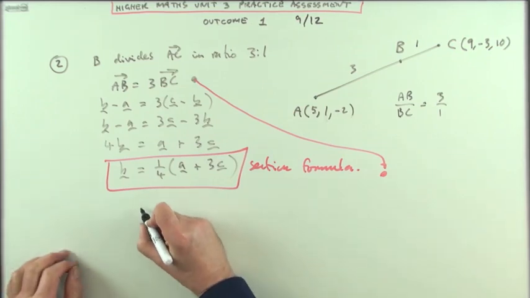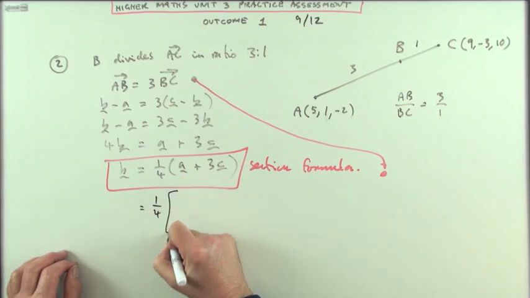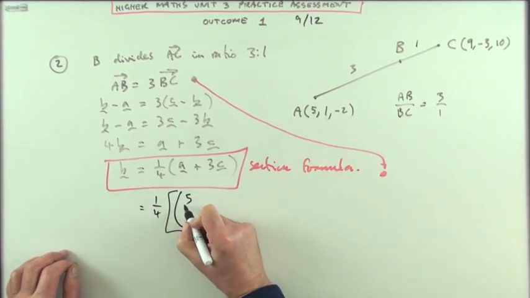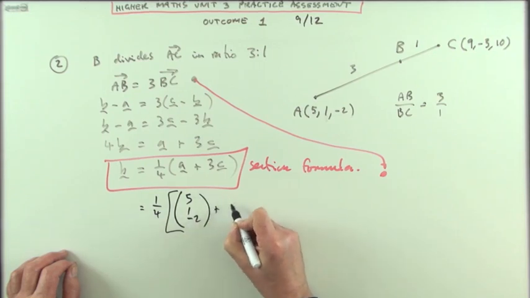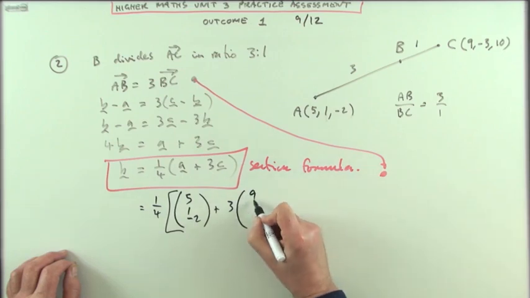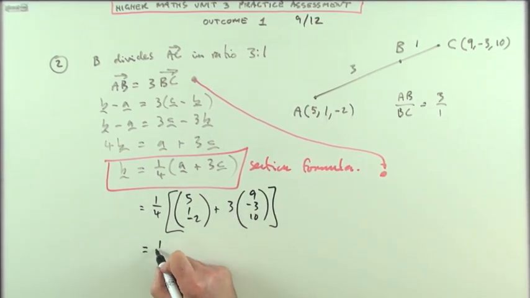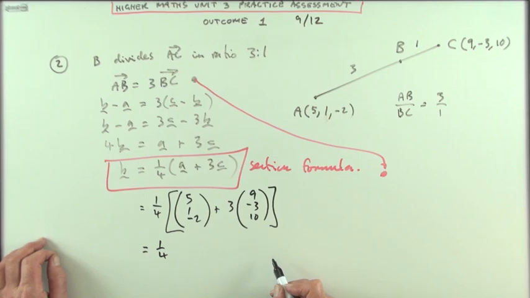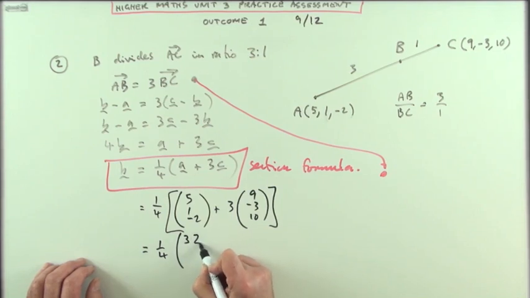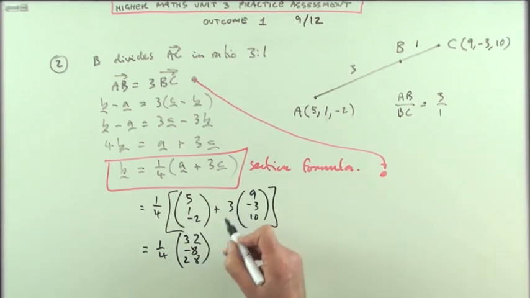Then continuing, simply putting in the numbers. So you've got 1 quarter of, well, A was 5, 1, negative 2. C is 9, negative 3, 10. No marks yet. Carrying out this calculation seems to be where the second mark is. 1 quarter of 32, negative 9, negative 8, 30 take away 2, 28. That's, I reckon, whereabouts the second mark is,